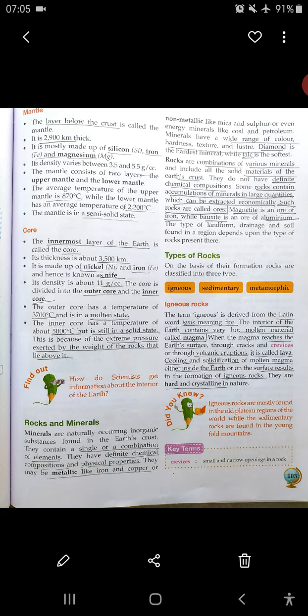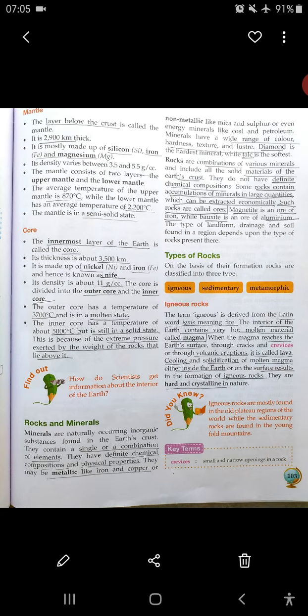The type of landforms, drainage and soil found in a region depends upon the type of rocks present there. Okay, so this is the information about rocks and minerals. If you go through this paragraph, you will get a clear idea of the difference between rocks and minerals. Okay, so we will take a pause today